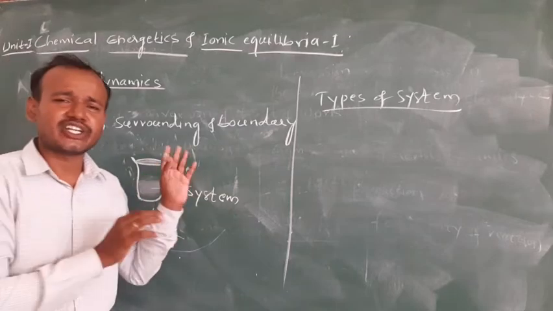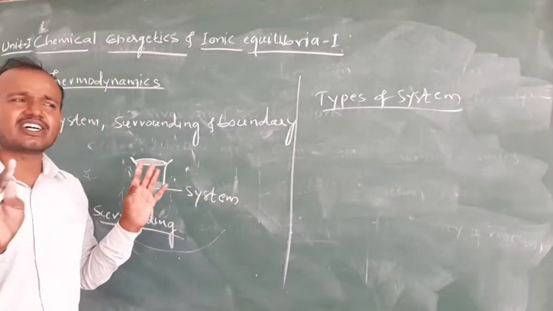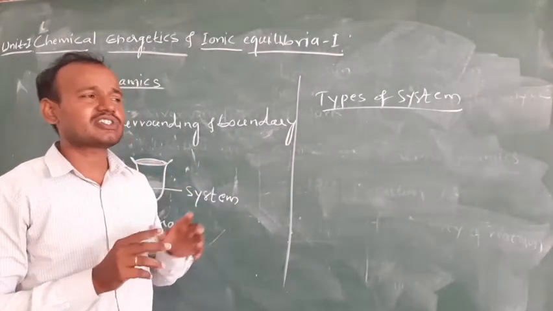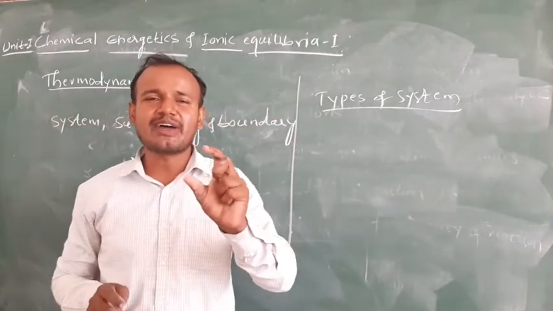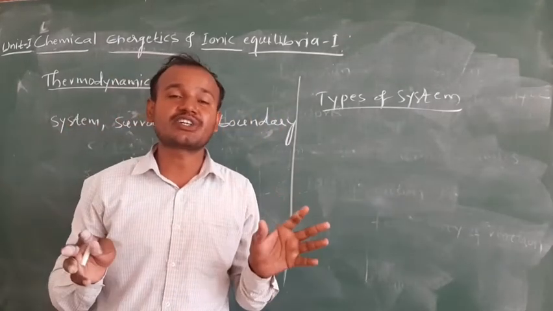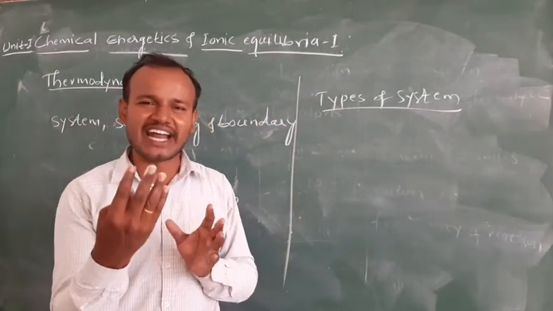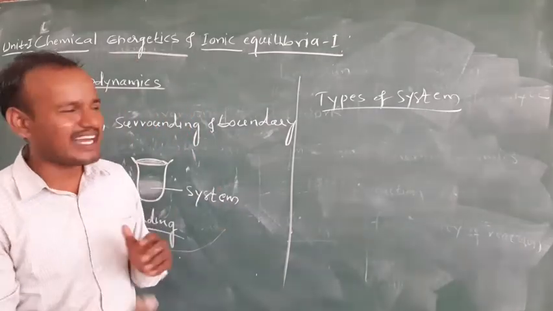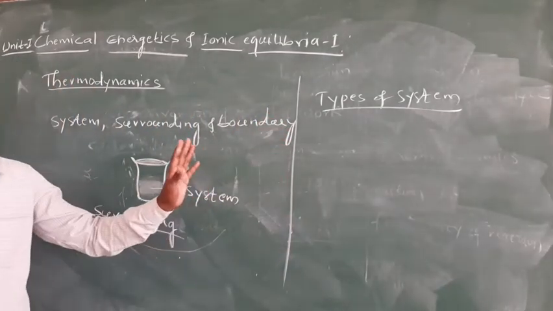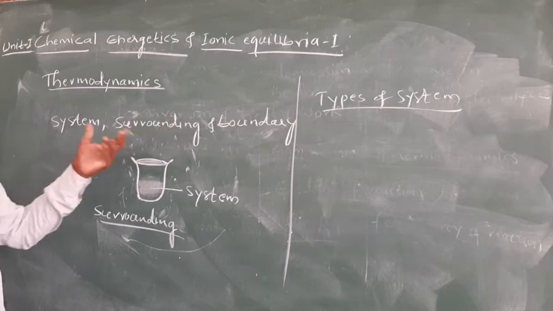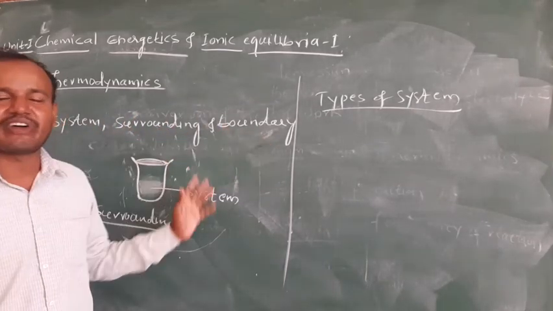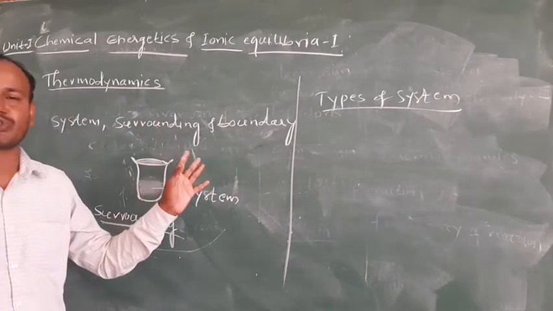Don't concentrate much on this because these are just terms involved in thermodynamics. Whenever I am talking about one particular definition, I will use system, open system, closed system. At least you must have that idea. Just to get that, I am discussing, nothing more than that. So you will not ask what is system, what is surrounding, what is boundary, or give an example. You will never ask such kinds of questions here.